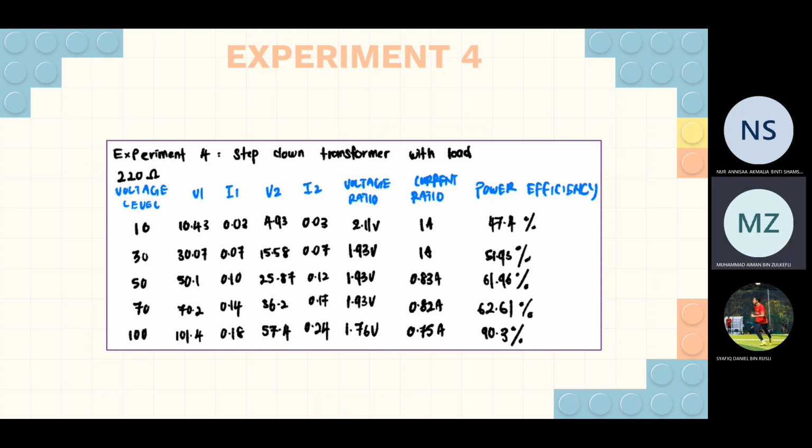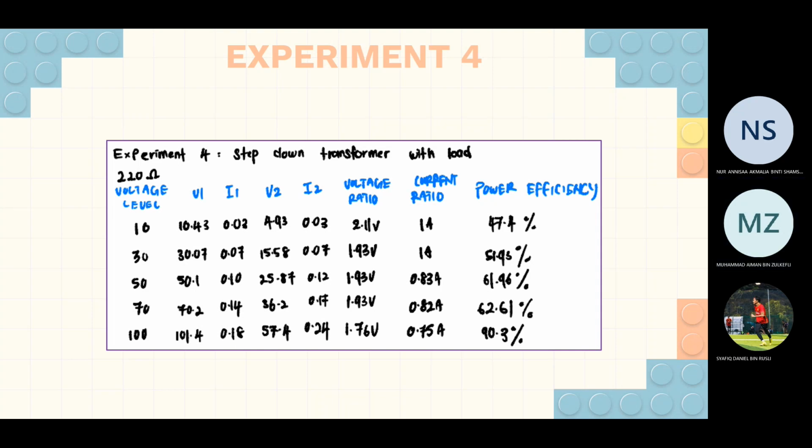For the power efficiency formula, we use the same formula as the step up transformer. Next, voltage level 30, V1 we get 30.07, I1 0.07, V2 15.58, I2 0.07, voltage ratio 1.93, current ratio 1, and power efficiency 51.93%. For voltage level 50, V1 50.1, I1 0.1, V2 25.87, I2 0.12, voltage ratio 1.93, current ratio 0.83, power efficiency